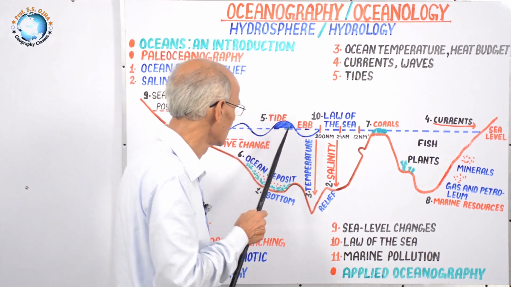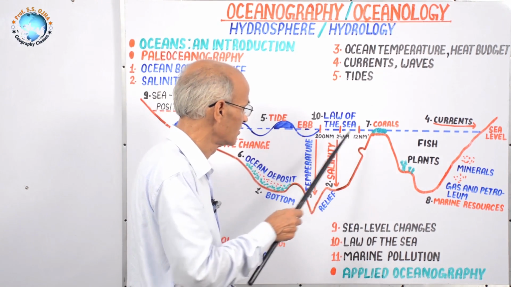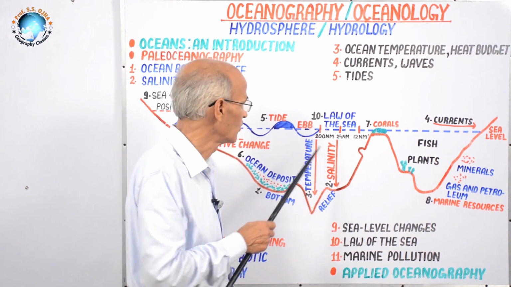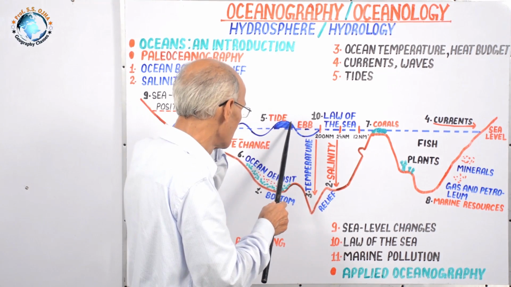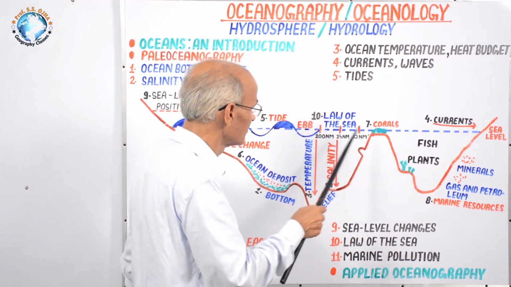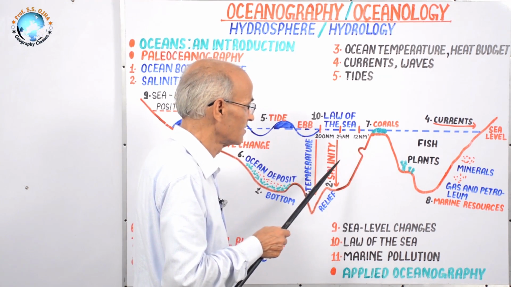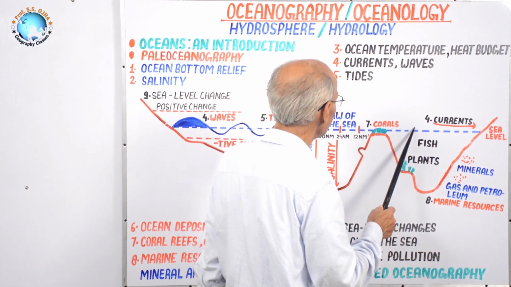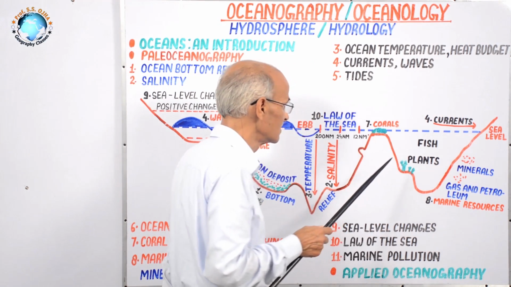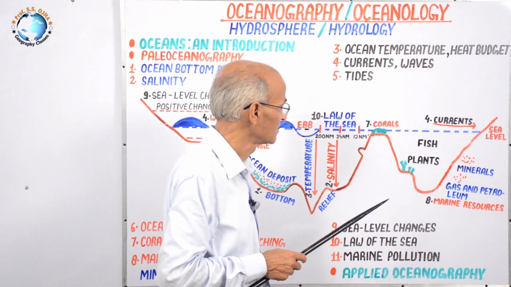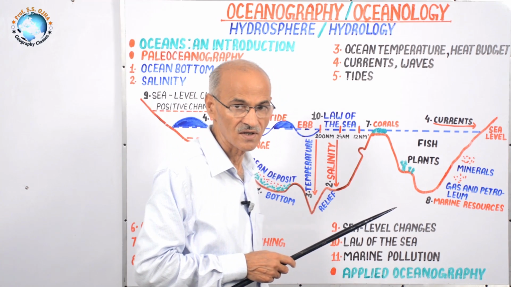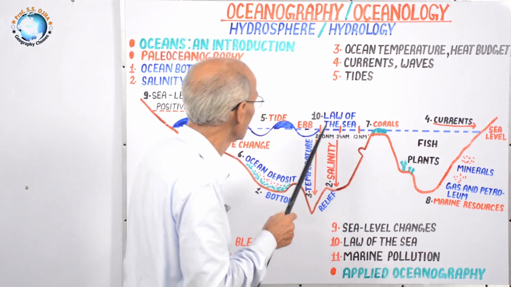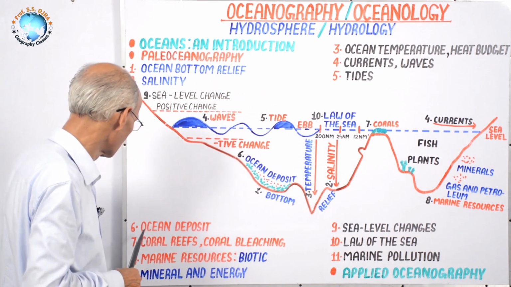And the next turbulence is tide in oceanic water, which is caused by the traction of the moon and the sun. And likewise, a number of disturbances are there, like tsunami, which will be studied in it. But tsunami is associated with the earthquake. That's why it is relevant to study tsunami with earthquake.